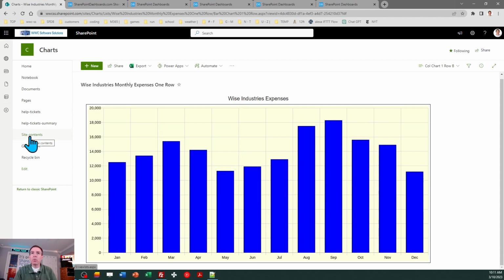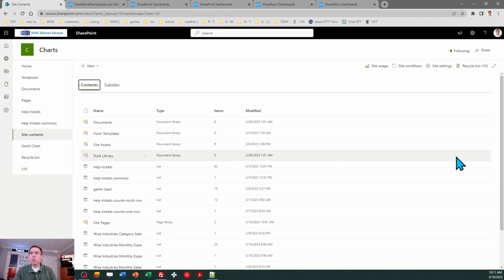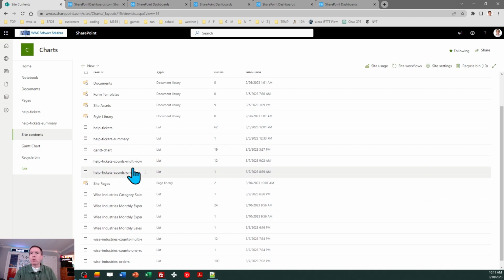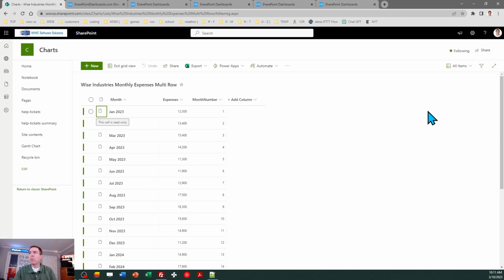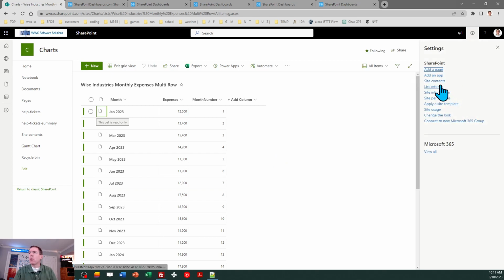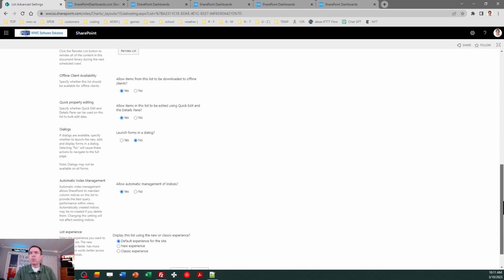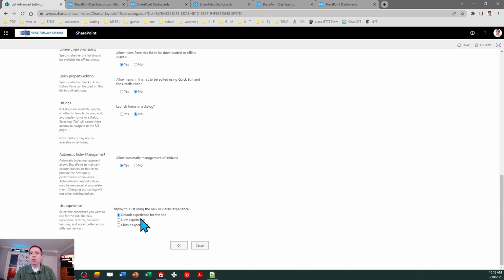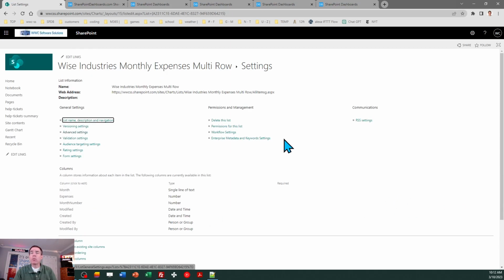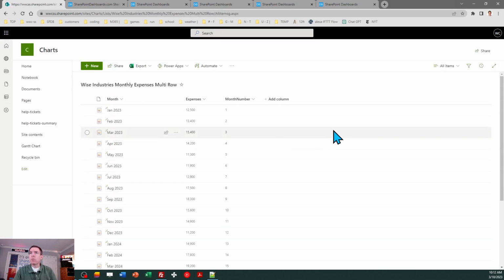So let's go back to Site Contents, and I'm going to go to that data set. So this was the Wise Industries expenses multi-row. If you hover over these, you can see the description. Okay, and this is our multi-row. I'm just going to the advanced settings, and once again we want to turn off quick property because we don't want to see that kind of Excel grid edit mode. We want to turn that off when we're working with our templates. So now I can go back to my list,